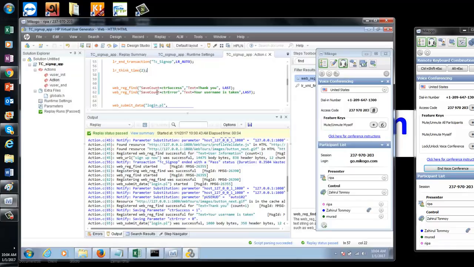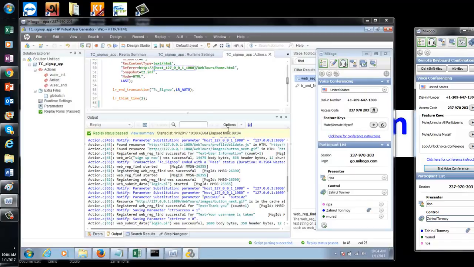Whatever you put in the set count, it is putting a value in that variable, CTR success or CTR error. Is that correct? Right. Okay, now let me put the if condition now. Okay,